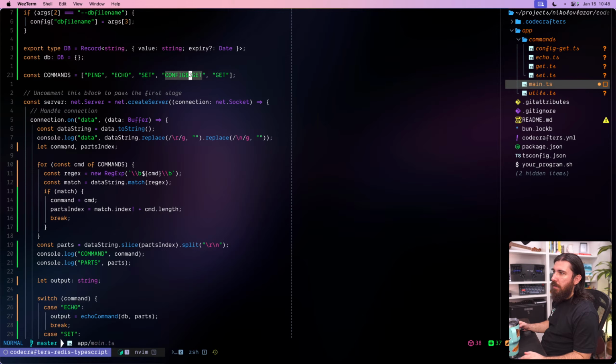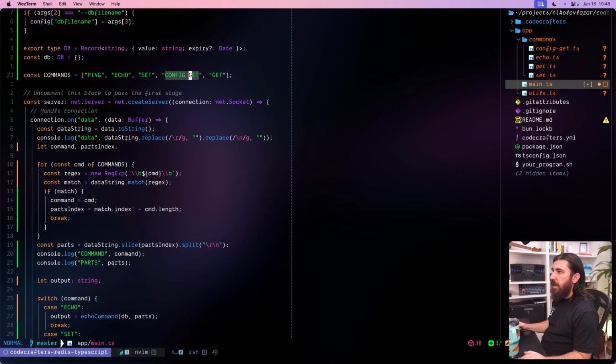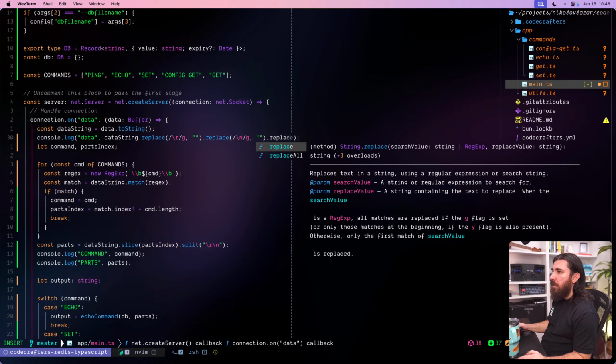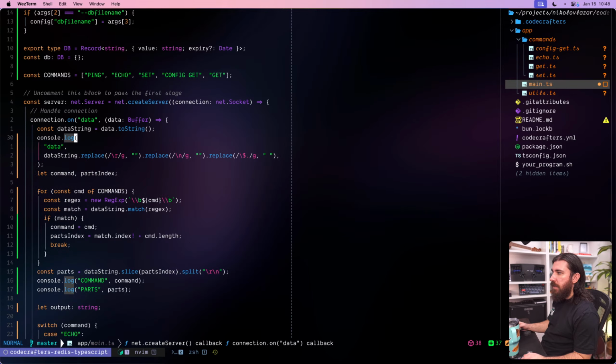And if we do this, right? If we do this, we get the match, but what if we do this then? $, then something, replace it with a space. In that case, our data string